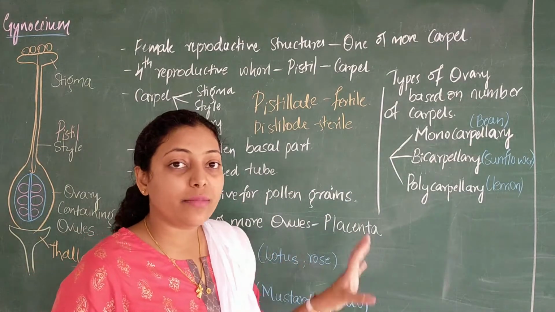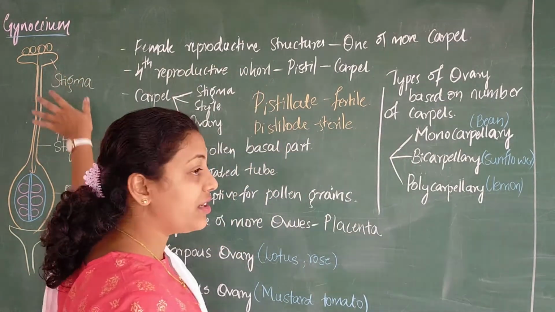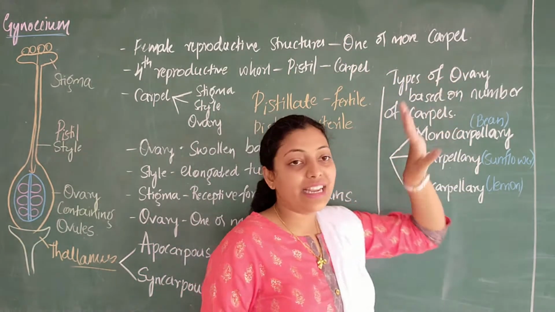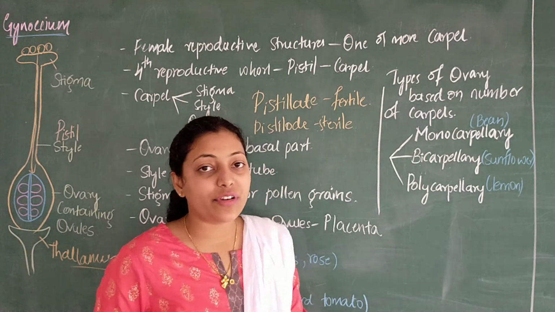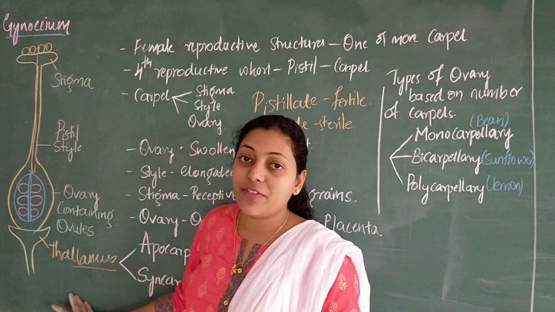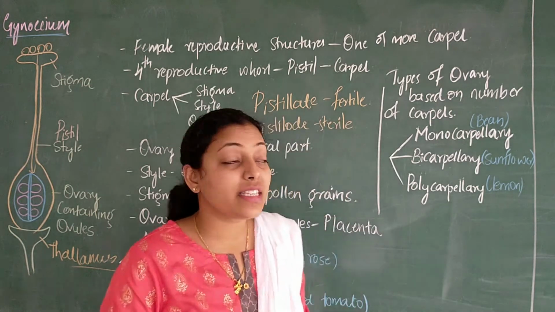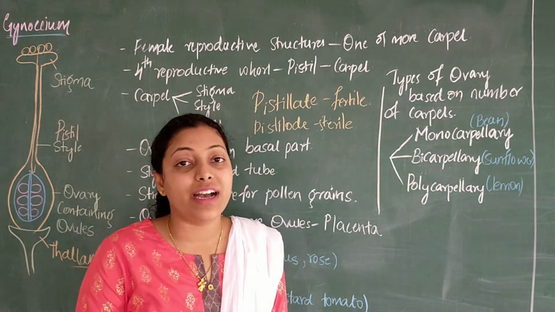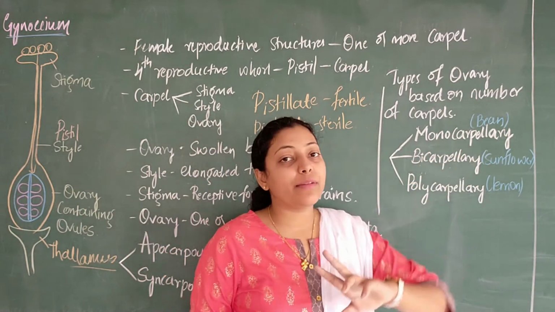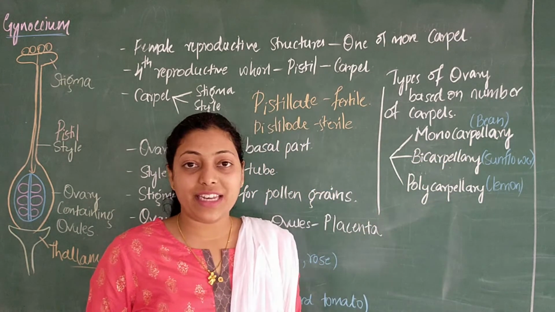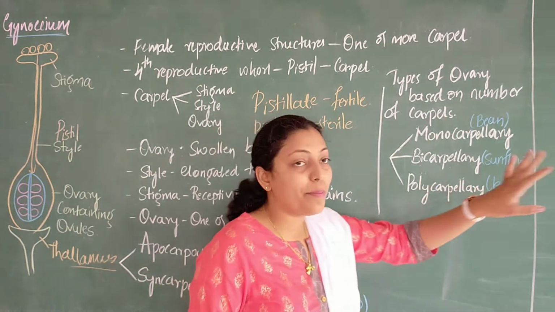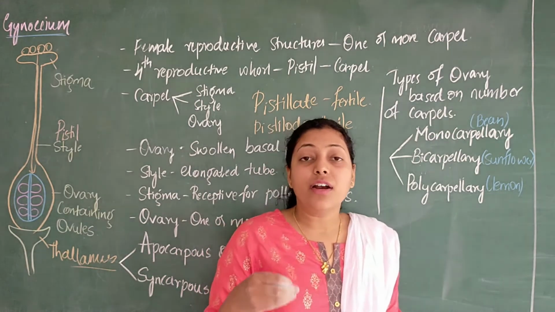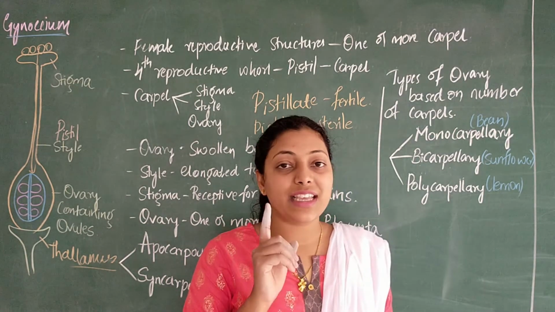Okay, carpels are nothing but these are assembled to this particular structure which is present. Okay, so studying the next part, that is types of ovary based on the number of carpels. Okay, this is one carpel which I have drawn over here. In the same way, if there is one carpel, like in the example of bean flowers, we can say it is monocarpellary; bicarpellary means 2 carpels are present, example sunflower; and then polycarpellary, example lemon, where 4 to 5 carpels are present in a single flower.